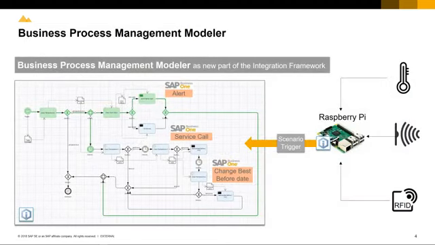The Business Process Management Modeler is a new part of the integration framework, which helps to orchestrate single scenario steps designed in the integration framework and runs based on instances. In this example, you can see a running instance where you can follow the green line to monitor what is happening during this instance. On the right-hand side, you have Raspberry Pi, which is connected to all of the sensors,